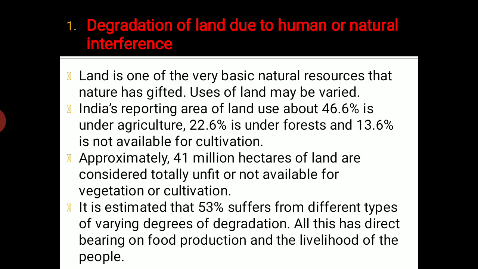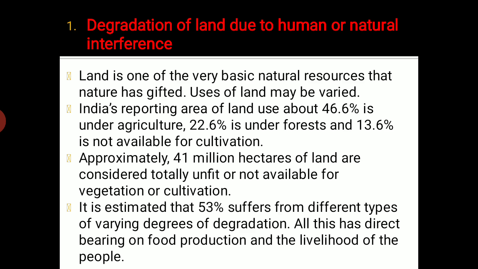These are just the facts and figures that we need to understand. It's not compulsory to remember all of them, but we must understand it because we are learning something about land. Land is a very important and crucial natural resource that the environment provides us, and that is why we are talking about the degradation of land. Degradation of land means how we pollute land, how we degrade the quality of land, maybe because of human activities or maybe because of natural calamities or natural interference. But in one way or another, when we deteriorate or degrade land,